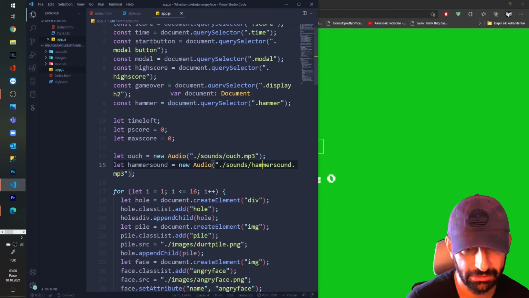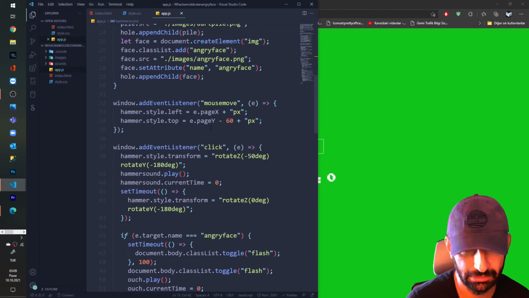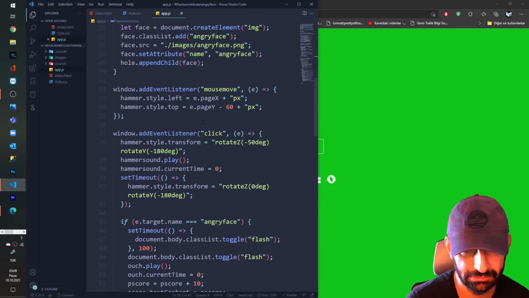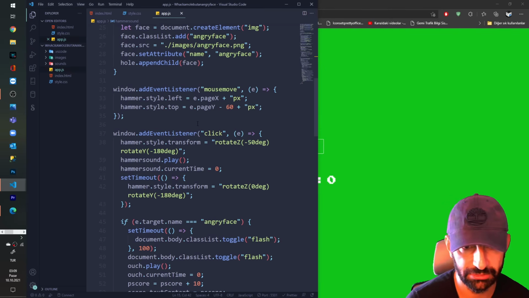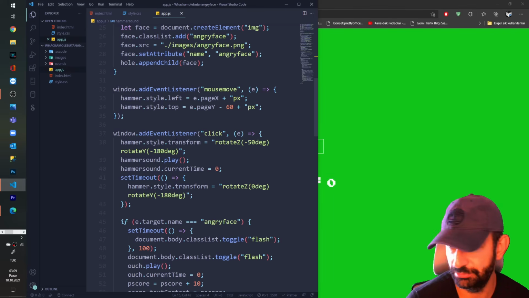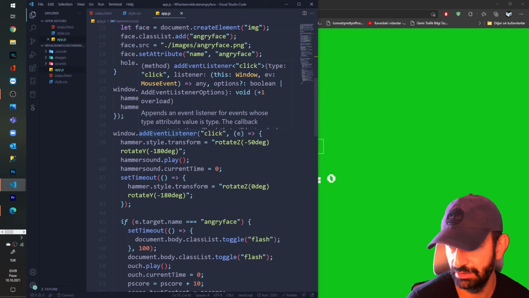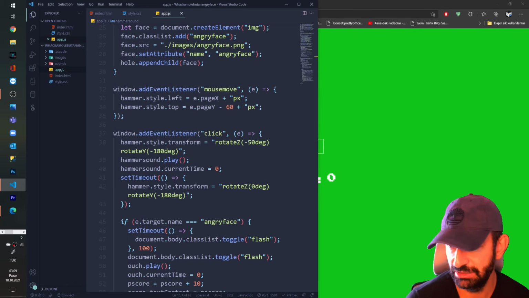Did I give some transition? Pointer events?